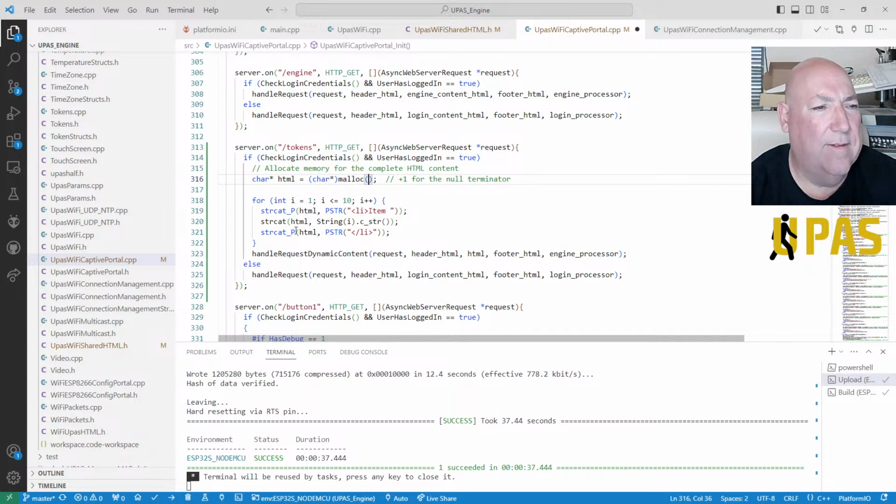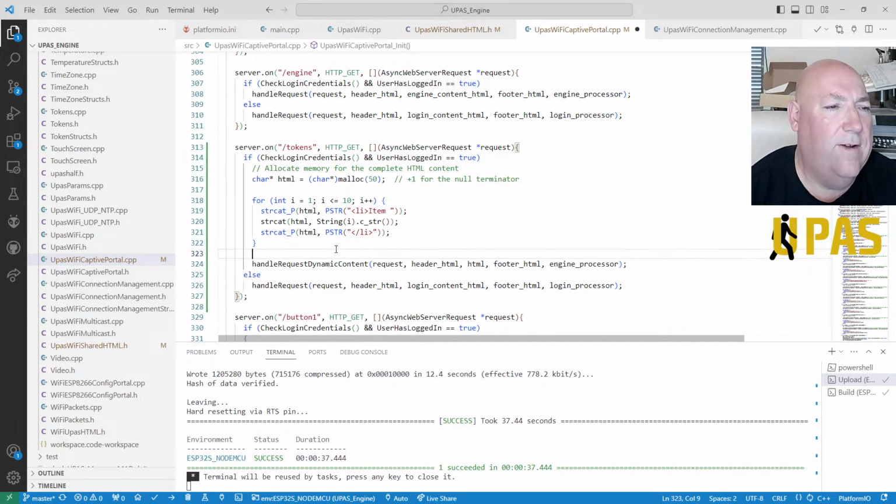Right, so it's character HTML size. We'll just give it a size. So we're going to do 10, +1 for a terminator. Okay, we'll do that. Right, okay, so we're going to go 1 to 10. We're going to do lists and then unlist and a number. So let's just give it some arbitrary amount. In reality it's going to be 10 digits and some more info, but let's just say 50. Right, whatever, 50.